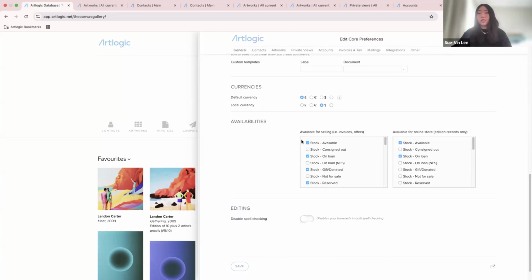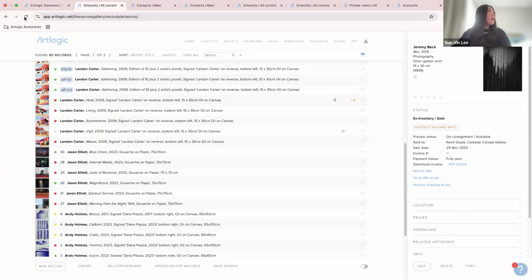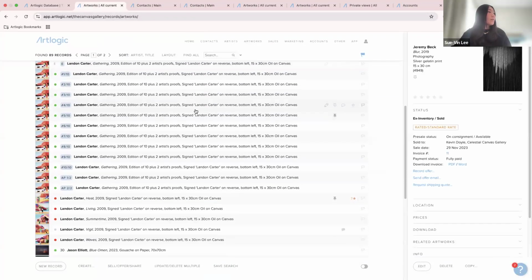I also want to draw your attention to availabilities and how they translate into the system. So here you can see there are various availabilities that are checked. Now, for the sake of this webinar, if we wanted to sell a stock or gift donated artwork or artworks, but if they are unchecked in the system, I will show you how this will translate into the system here. I'll firstly click save. Now, when we go to our artworks list, I will select an artwork that is of